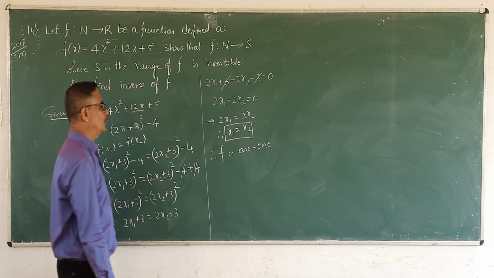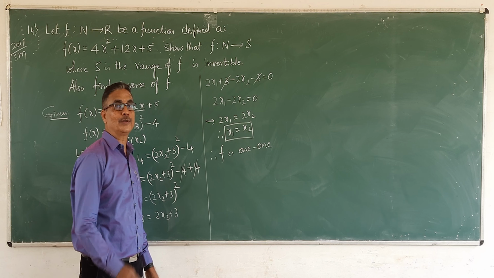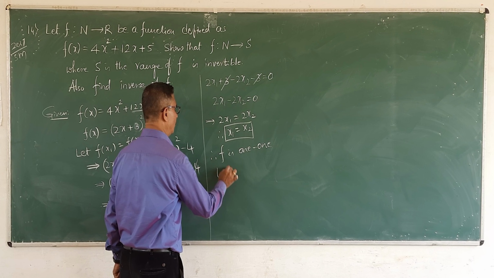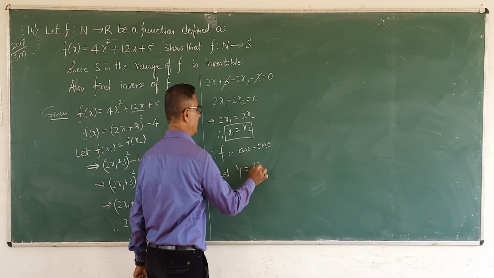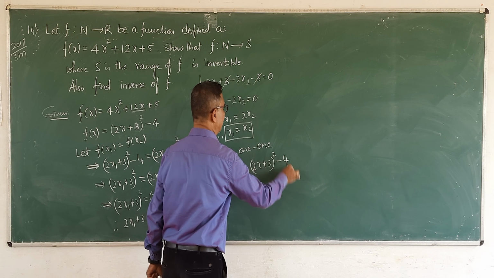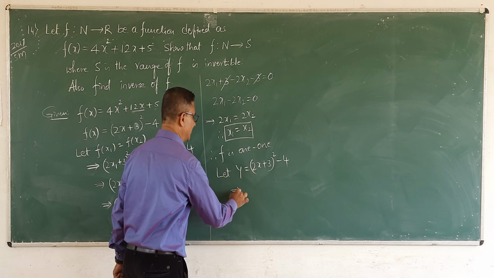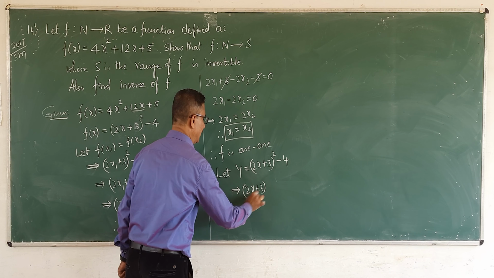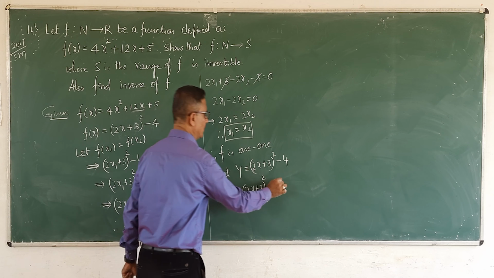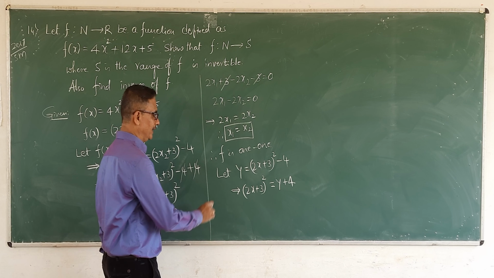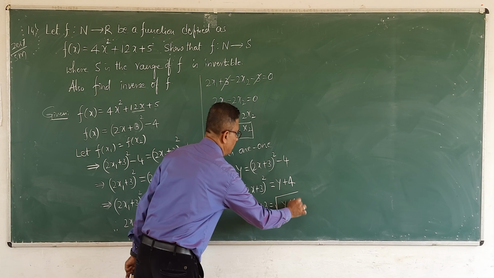Here, next to prove that it is an onto function. Definition of onto: codomain is equal to range. Mathematically, to prove that f of x equal to y. Let y is equal to f of x. But the value of f of x is (2x plus 3) to the power of 2 minus 4. Using this result, find the value of x, so that (2x plus 3) whole power 2 is equal to y, minus 4 goes to the left side, plus 4. Right? Taking the root on both sides.